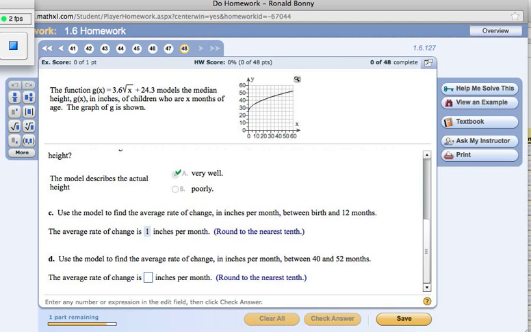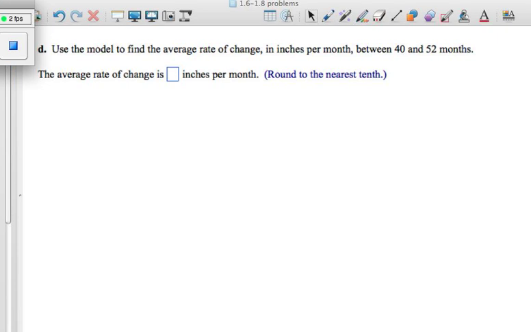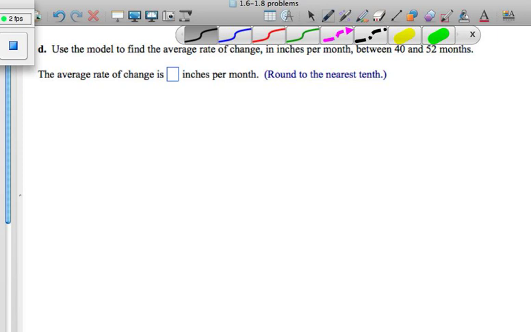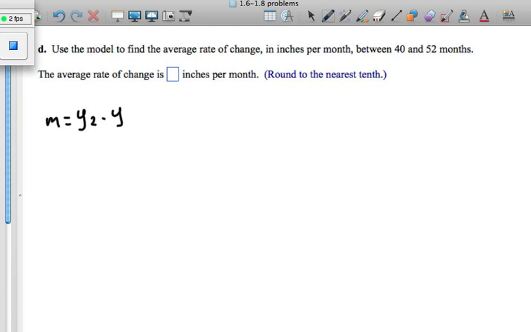Alright, now it says use the model to find the average rate of change in inches per month between 40 and 52 months. So remember that average rate of change is the slope. So once again, m equals y2 minus y1 over x2 minus x1. Now I'm going to just plug in a couple of the numbers here first because we've done a similar problem to this. 40 is x1 and